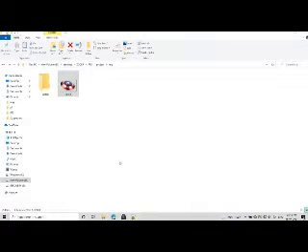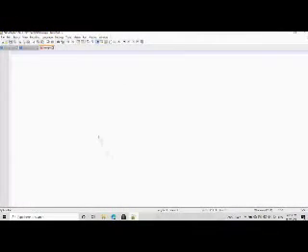Now let's jump into the programming part. As you have already downloaded the OpenCV library, I am writing here import cv2. Then I will specify a variable called image location, in which I will enter my folder path.